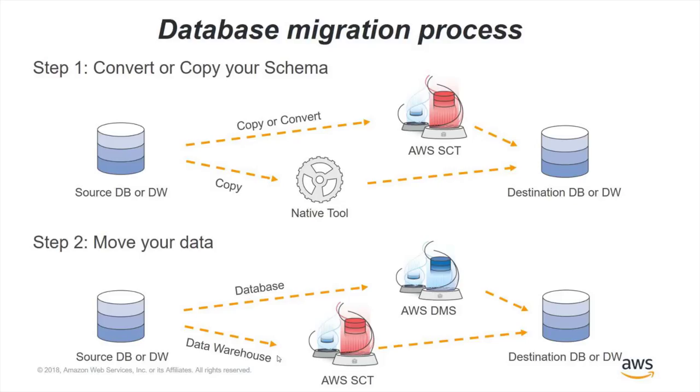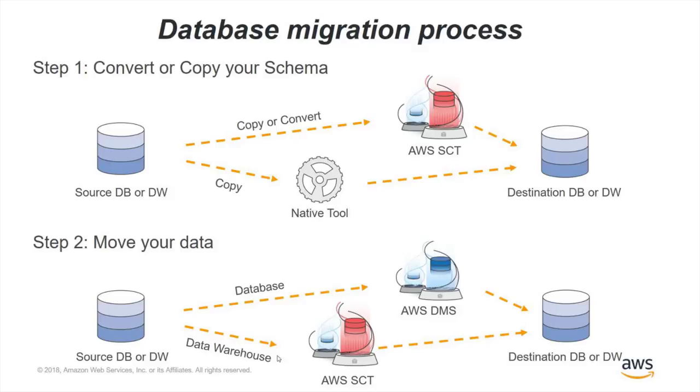So generally, we categorize it in two ways. For the first part, you either use Schema Conversion Tool to do your code conversion from your commercial source database to an open source engine in AWS cloud, or you can use your native tool if it is helping you do the automatic code conversions when you are moving from your source database to a target database that you have selected in AWS. Step 2 is where you are actually moving your data, where you use